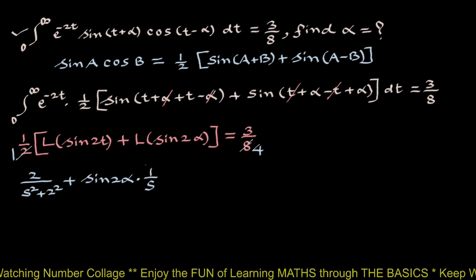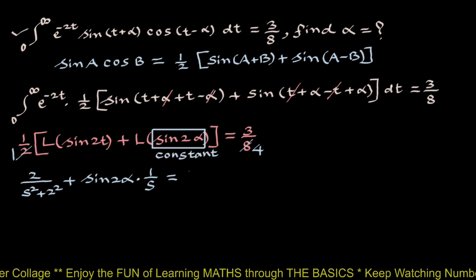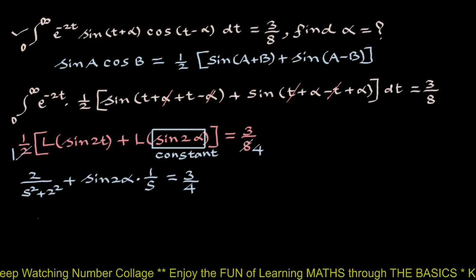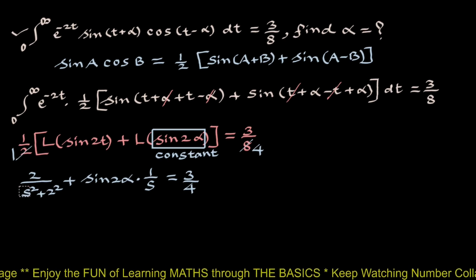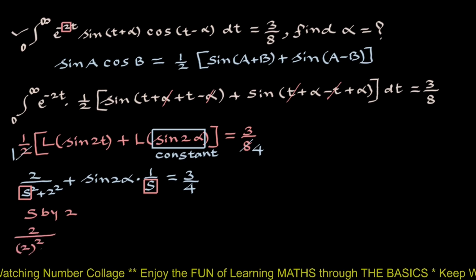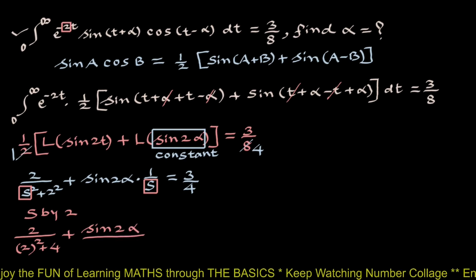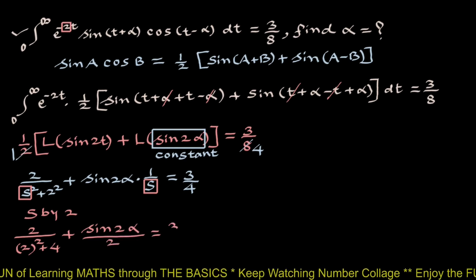This is because sin 2 alpha is a constant, which equals 3 upon 4. Now we replace this s by this 2. So we get 2 upon 2 square plus 4 plus sin 2 alpha upon 2 equals 3 upon 4, which will be